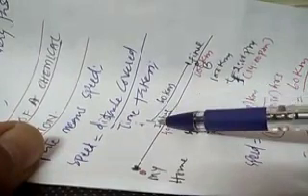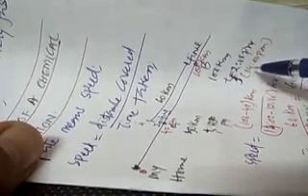Now I start from A at T initial equal to 12:30 p.m. Then I reach B at T final, at 2 o'clock in the evening, or we can say 14:00. So I start at 12:30 p.m. and I reach there at 14:00. Now I want to find out the speed.